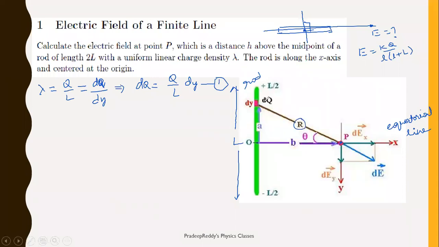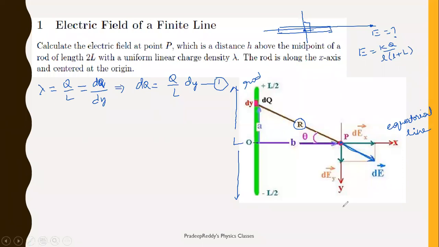Now because of this very small element, I want to find the field at this point, and that field will be in which direction? It will be along the line joining the very small element and the point. And it is a positive charge, so the field will be directed outward. So the field is directed outward in this direction, along the line joining the element with this point. Along the straight line you need to take the direction. As it is positive, the field is directed outward.